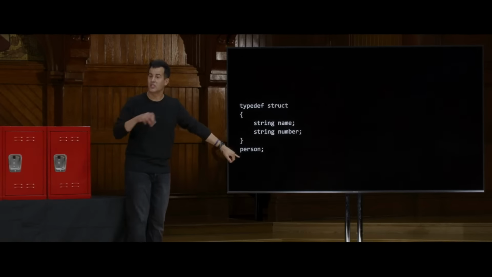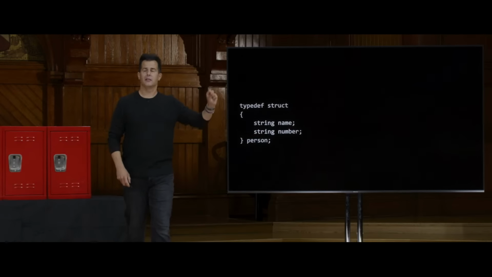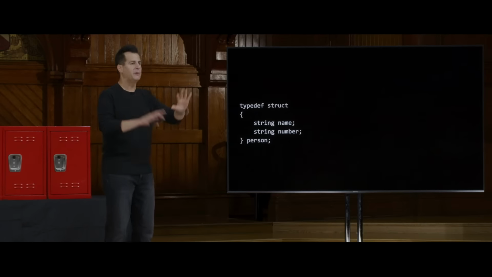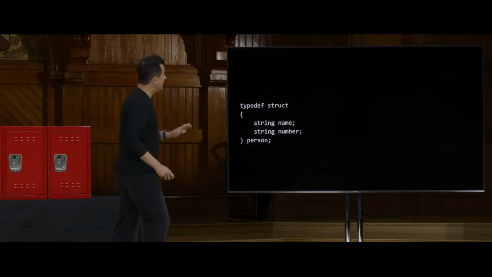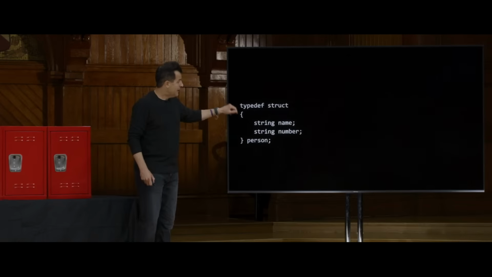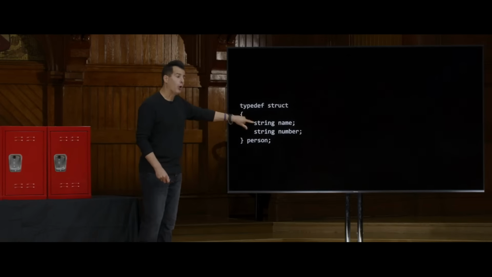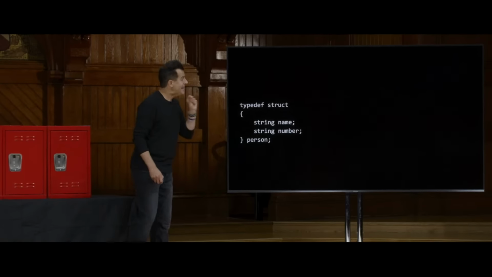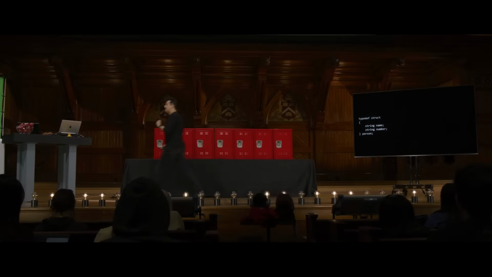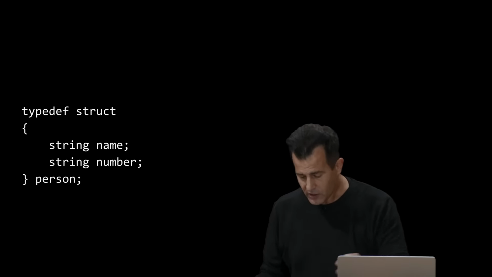that you have invented. Stylistically, you'll see that style 50 prefers that the name actually be on the same line as the last curly brace, which looks a little weird to me, but that's what industry tends to do, so be it. But these several lines together tell C, invent for me a new data type called person, and assume that every person in the world has a string called name and a string called number. And now I can use this new data type in my own code to solve this problem a little bit